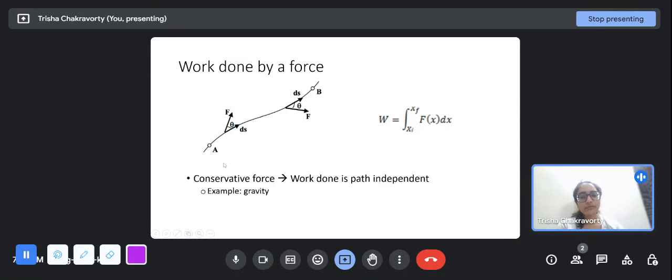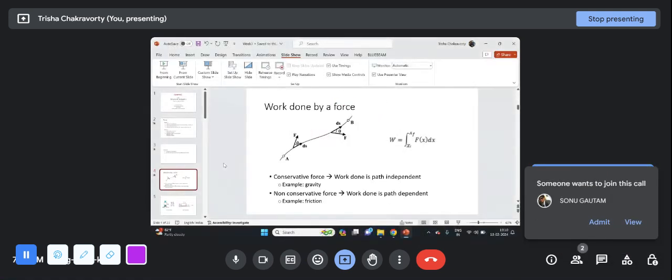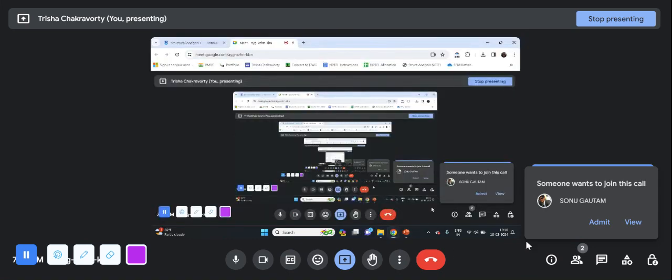And there are two kinds of forces related to the work done. The one is conservative force, where the work done is path independent, for example gravity. The non-conservative force, where the work done is path dependent, for example,